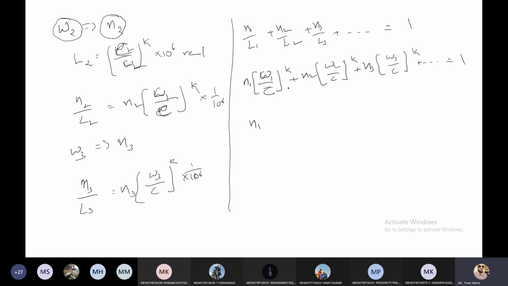So now, taking 1 by 10 to the power of 6 common,